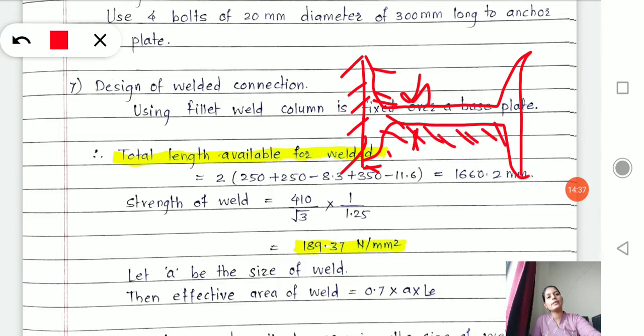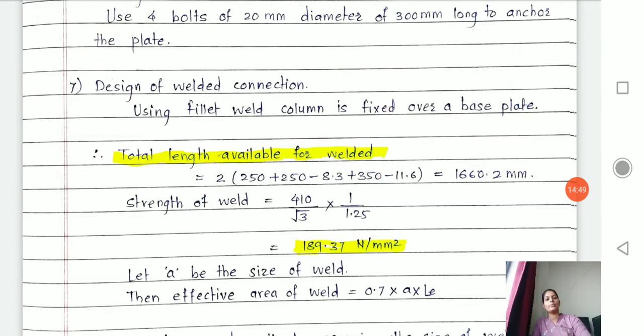Now this whole region is repeated twice. How? This way, correct? And that's why I have multiplied it by 2 before the bracket.